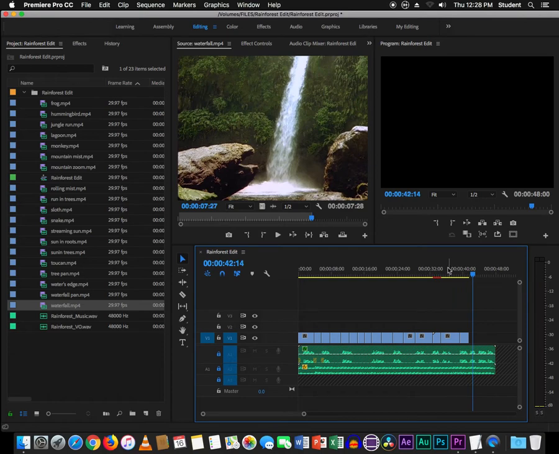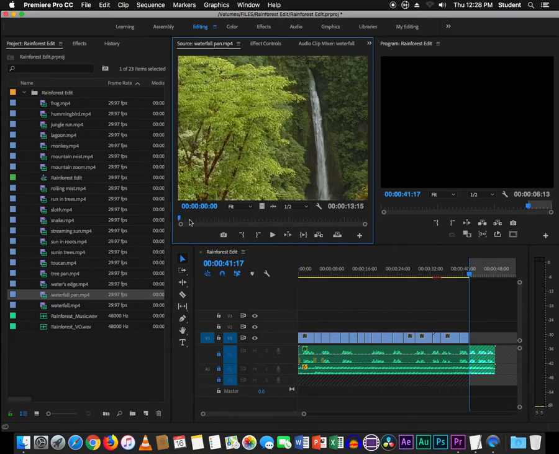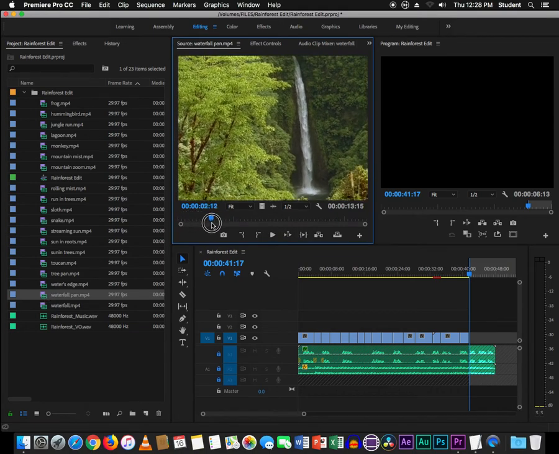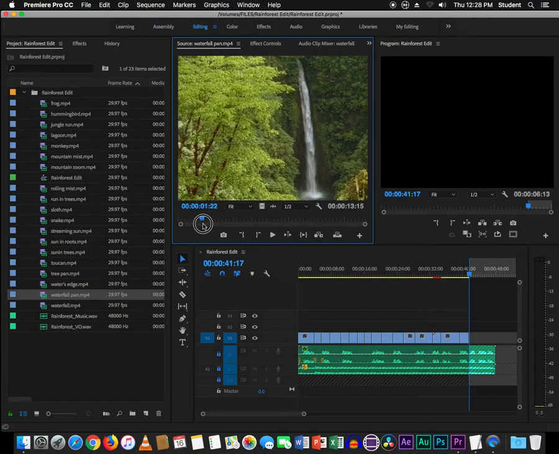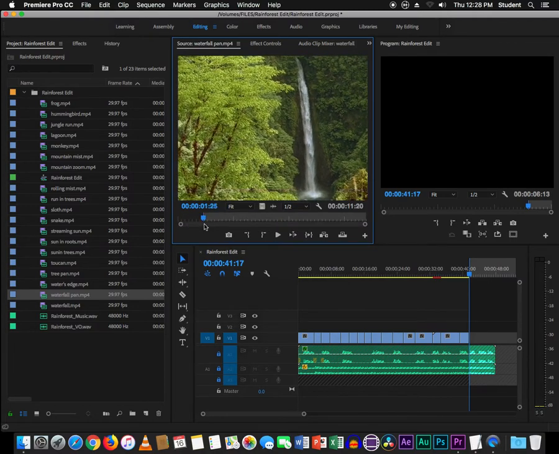Let's show them. Okay, so then let's hit the up arrow key to get back to that space and mark in. And now we're going to get the waterfall pan. And again, it's just a pan this way. And again, I'm not going to start it where you can't see the bottom. I'm just going to bring the bottom into it first and then mark in. And I'm going to start right before